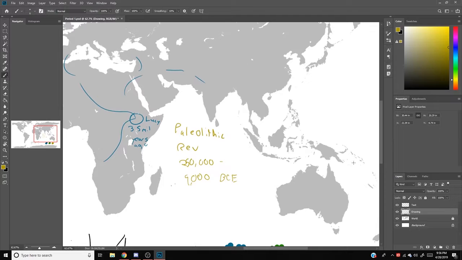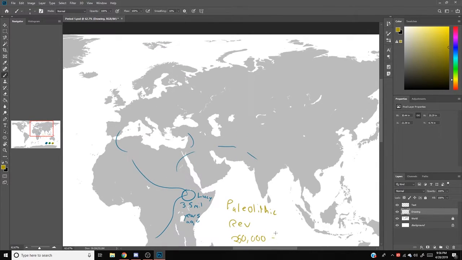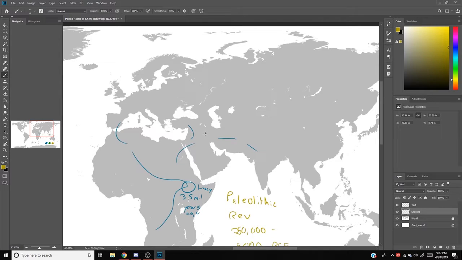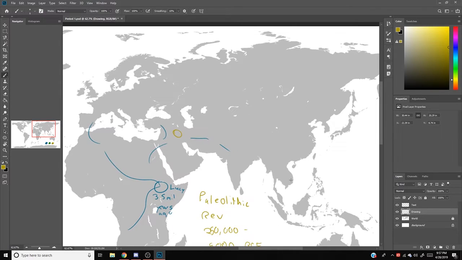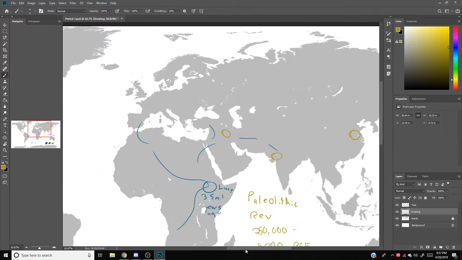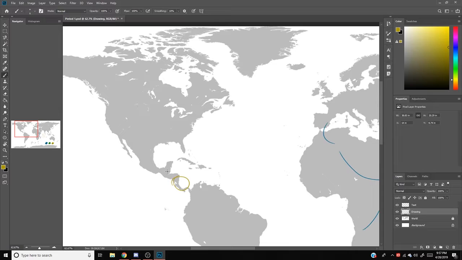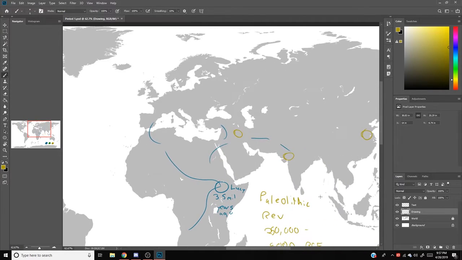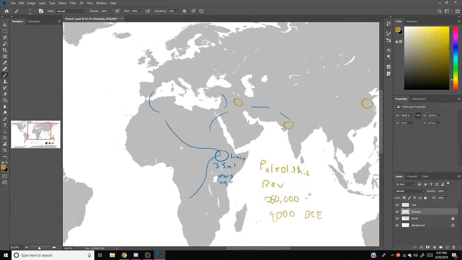Boats connect all these islands, they get into Australia eventually, Aborigines and everything, and then this gives way to the beginning of agriculture, which is pretty special. It's one of the big landmarks of human history. It pops up in Mesopotamia over here. We've got the Huang He River over here, Indus River Valley civilizations, and in Mesoamerica we've got the Olmecs, up in the Yucatan, everything like that. Here are the big spots for the beginning of agriculture, which, after the Paleolithic revolution is over, makes way for the Neolithic revolution. I'll write agriculture, 8,000 BCE, which is before Common Era, in case you weren't familiar with that, aka Neolithic